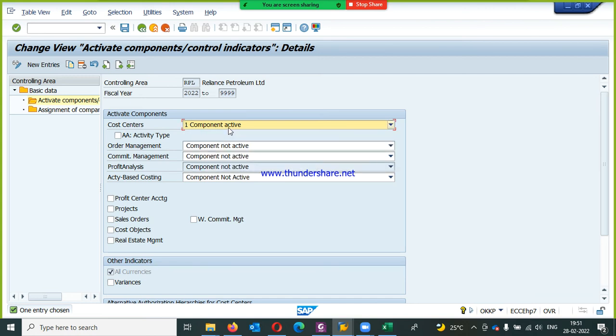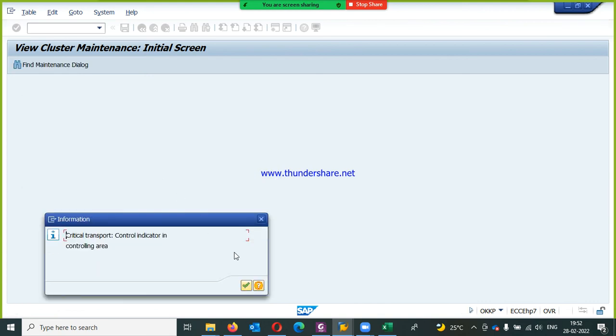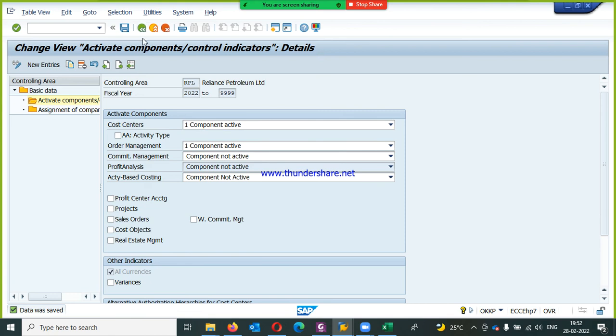For our practice purpose or education purpose, for our training, we require cost center. For configurations, we require cost center. For that, I am going to activate this and save this. Already saved, right? There is no changes. I'll do some changes and let me see whether it is accepting or not. Okay, I'll come back to